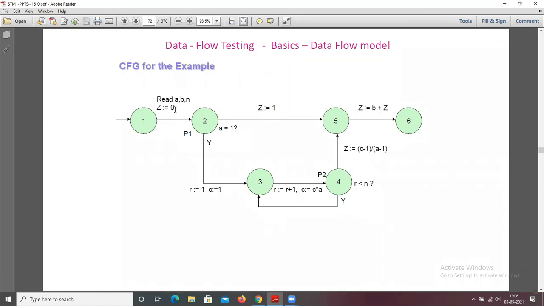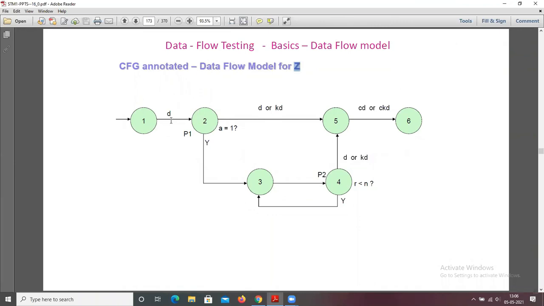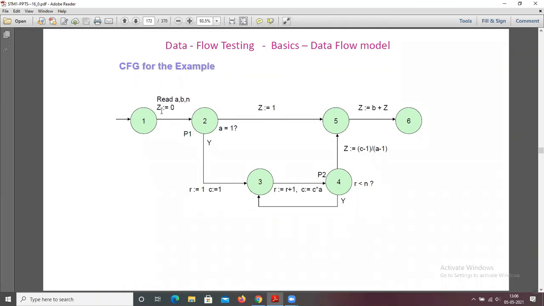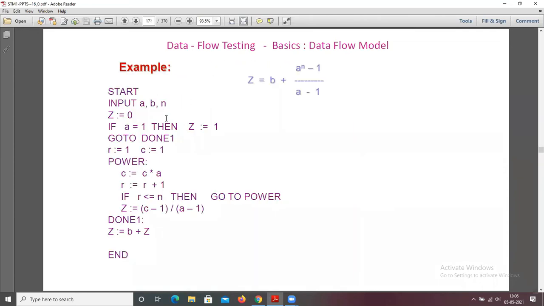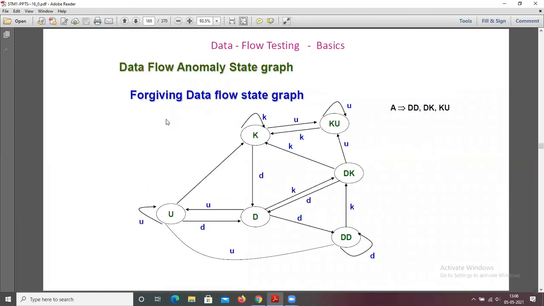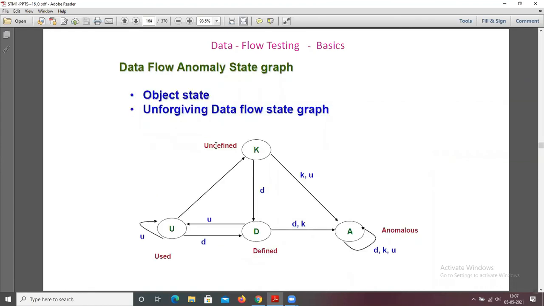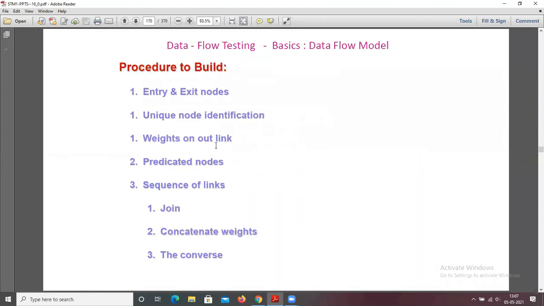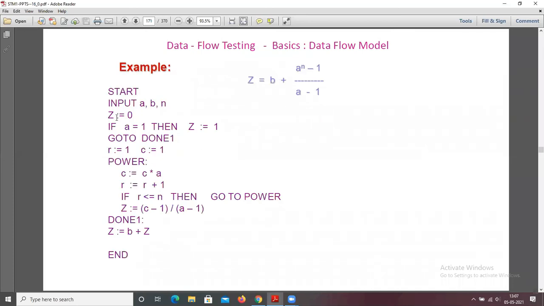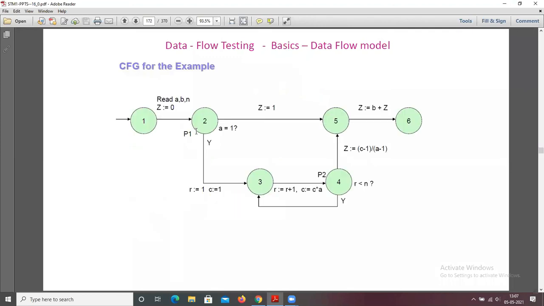D means define. We already discussed the states: K, D, U, A. D means define, z equals 0 here, so you define z.